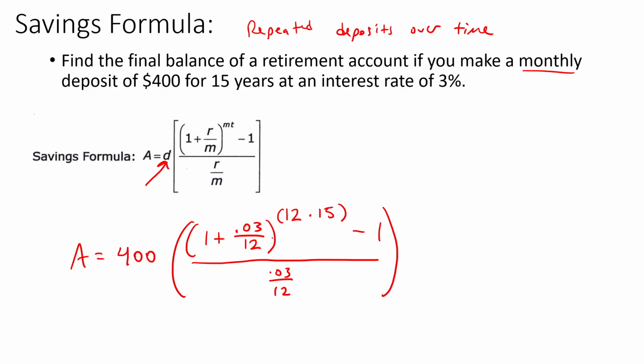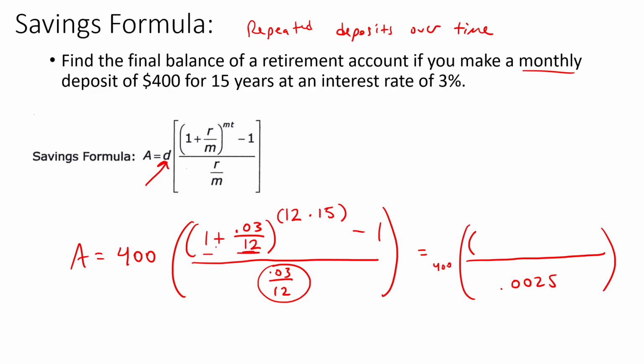Then we talked about in class how it's easier to break this down into pieces. So what I'm going to do first is calculate this, which works out to a nice number, I believe. Yeah, it's 0.0025, so just write down the whole thing. Otherwise, again, just round to 3 significant figures if you could. Don't lose the 400 in front. And then notice that this is the same fraction, so we're just going to add 1 to it. And then clean up the exponents. So 12 times 15 is 180